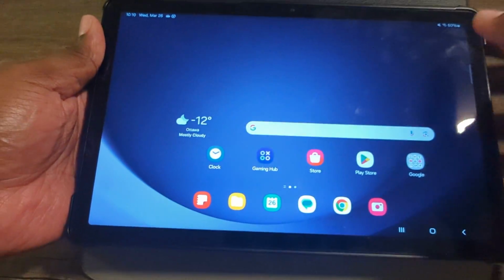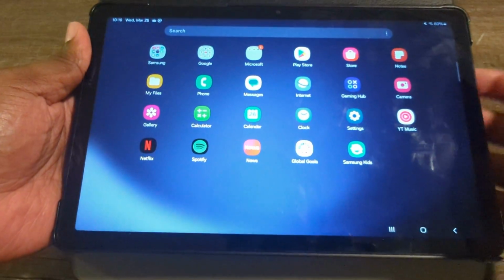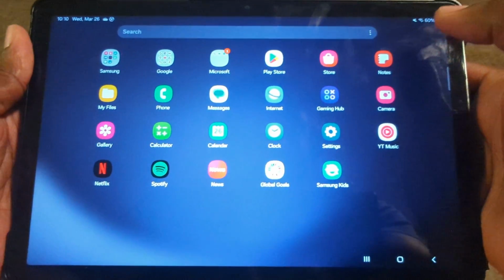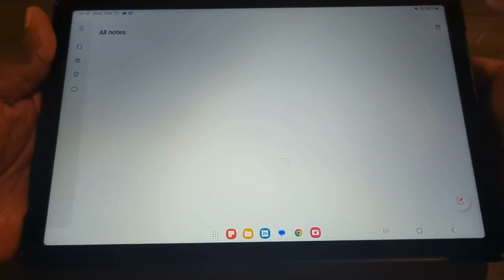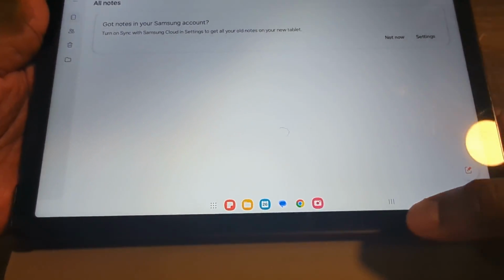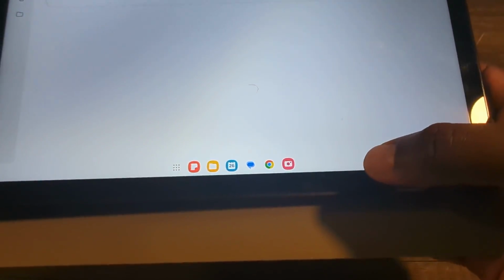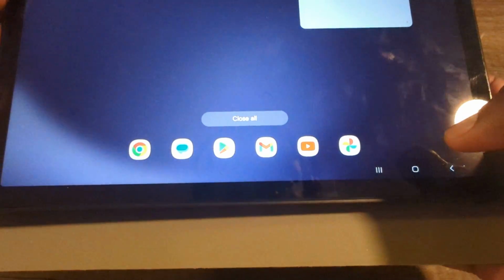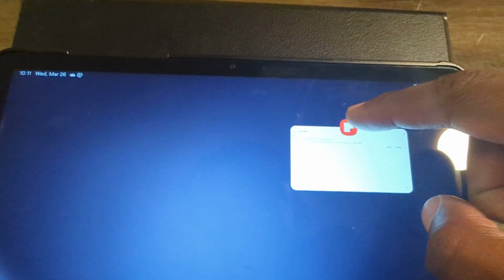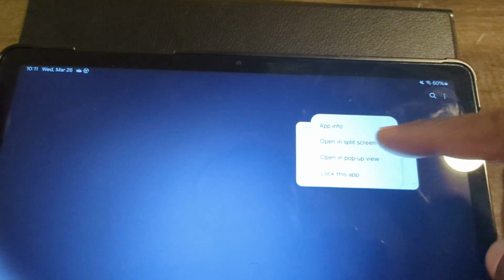So first you want to go ahead and open up your first app. So we can start with Notes here. And then all we have to do is just click these three lines here in the right hand side. And then on the top of the app icon, you want to click on it and then click open in